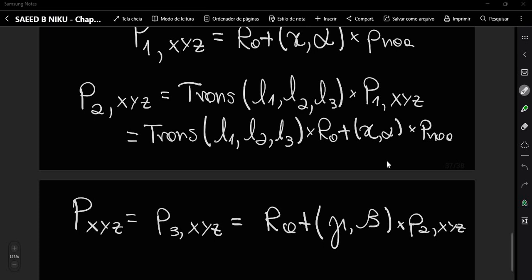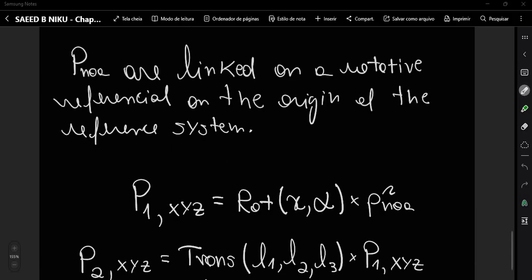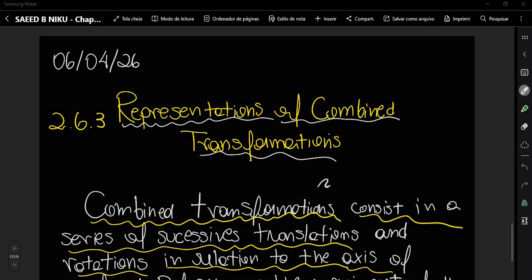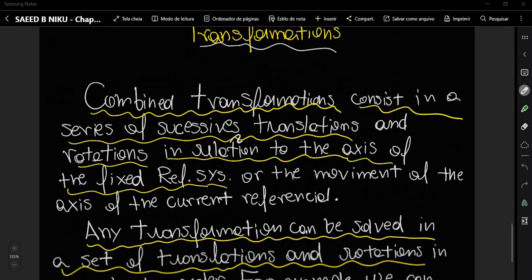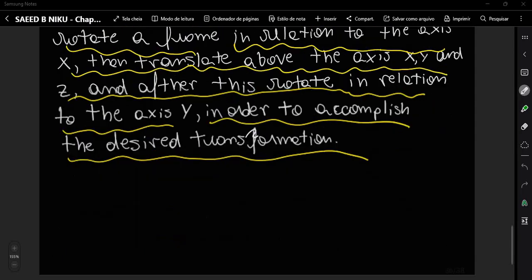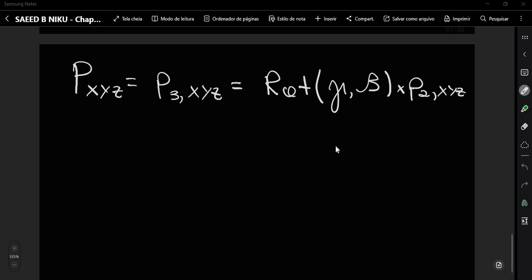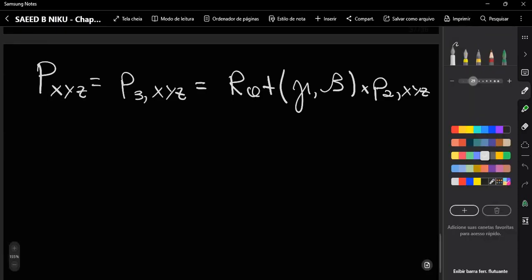Hi and welcome back. In the last video, we finished topic 2.6.3, which is about how you can represent combined transformations. We combined translations and rotations, and this way we are able to accomplish some desired transformation. And as I said, in this video we will solve